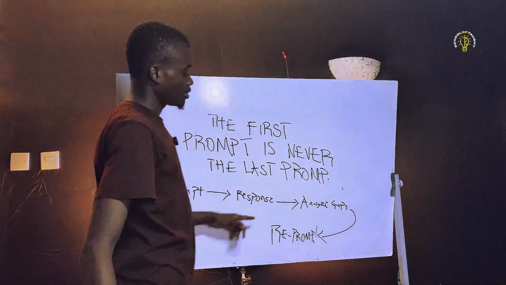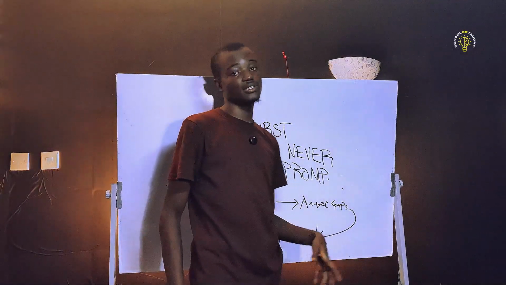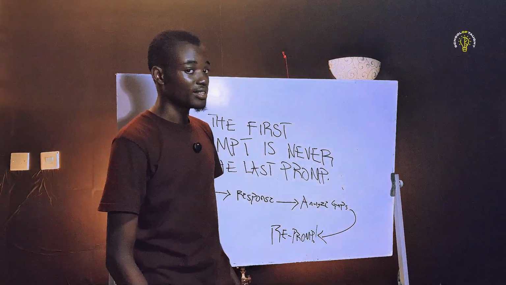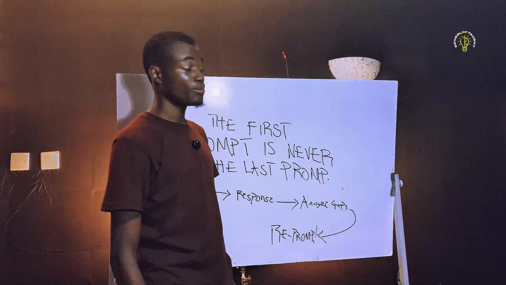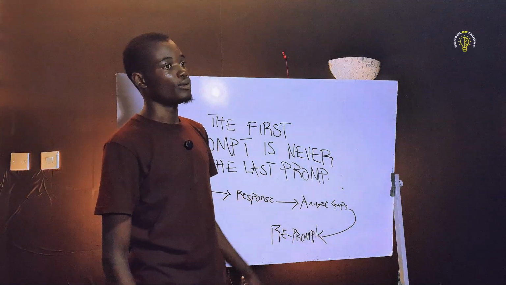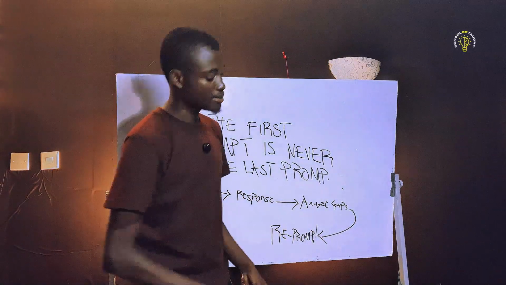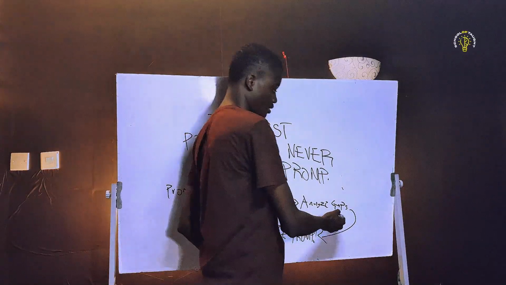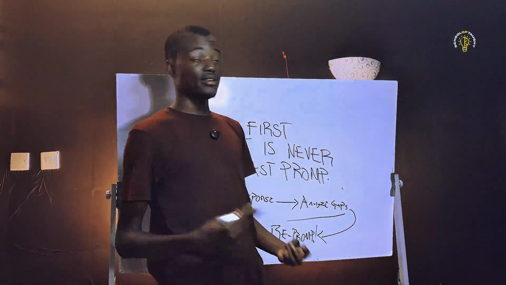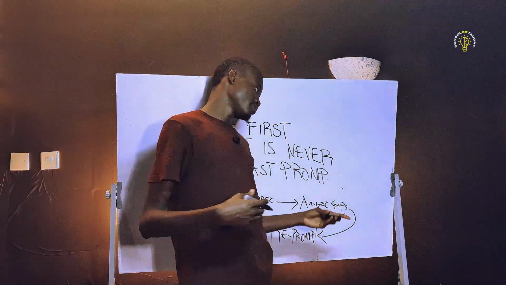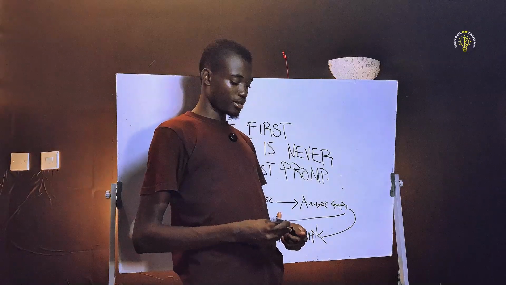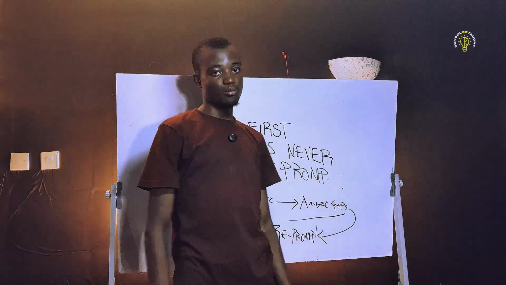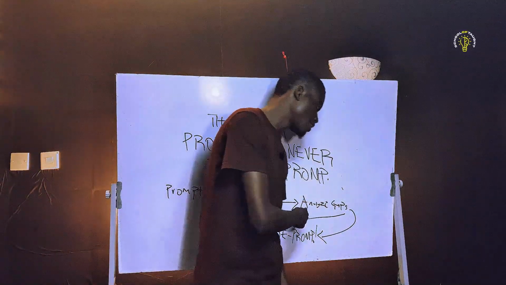You prompt, there's a response, you analyze the gaps in the response, and you reprompt again. This analysis of the gaps is so important because this is where you ask it questions, because most times these AI apps have been made dumber by their producers. The real reason is, if they are that smart, then they'll make everybody rich, and they are not going to make you rich. So they make them dumb on purpose. Those are the gaps you need to analyze.